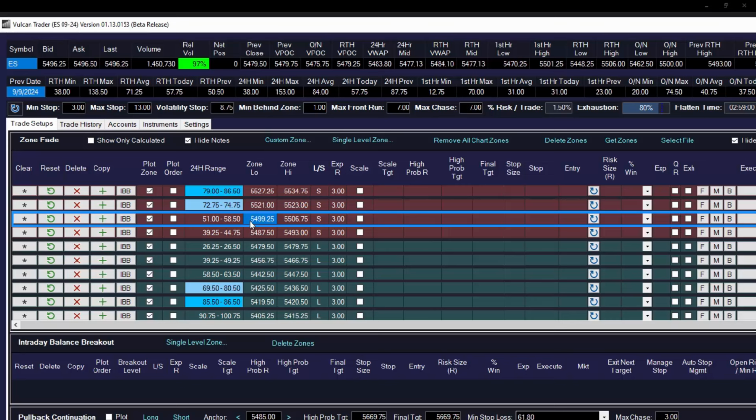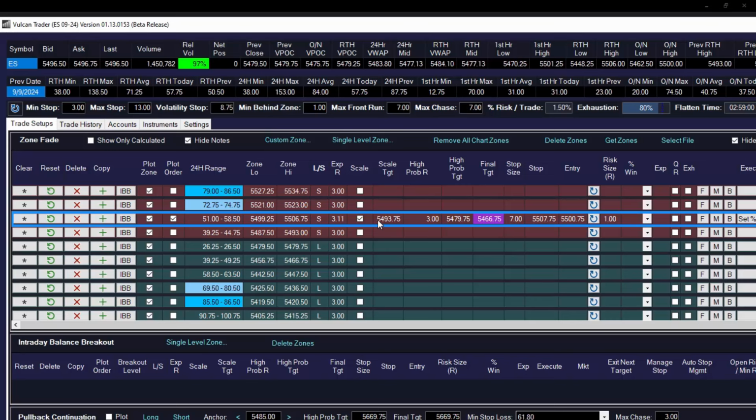So 99.25 to 06.75, and if we just use even the default targets in Vulcan, we can see that on the downside we are shooting for a move towards the gap fill. So 79.75 is the previous VPOC. That's the high probability target. And then our final target, which should be more optimistic, is still actually relatively conservative at the initial support zone. So just using the previous VPOC and initial support as downside targets,